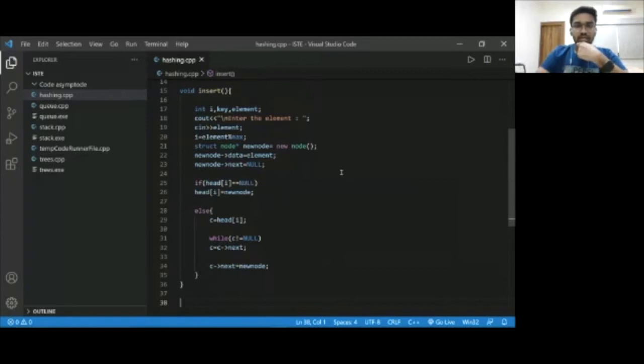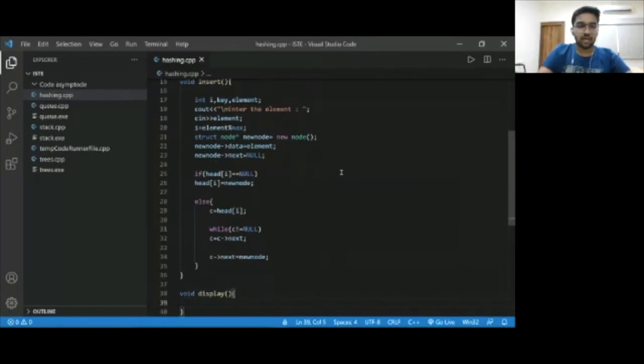Now in hash tables, insertion and searching are the two important things that we have to do. Searching is actually quite similar, the code is quite similar to insertion. While our main motive is to make a hash table, not to search in hash tables, so we'll ignore the search function for now, and we'll directly try to display the values that are input in our hash table.